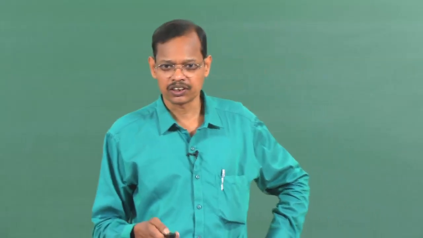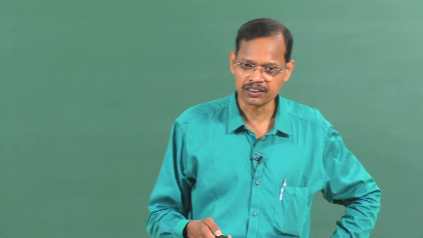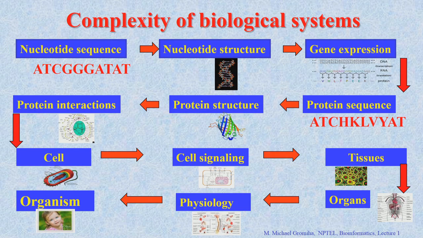I will explain how bioinformatics is important in different complexity of living systems. If you talk about the complexity of biological systems, we have different levels. First we start with the DNA nucleic acid sequence. Then we develop to the nucleotide structure. We start with the different nucleotide bases A, T, C, G. So, if we go with the nucleotide sequence, then we go with the nucleotide structure, and for nucleotide structure then